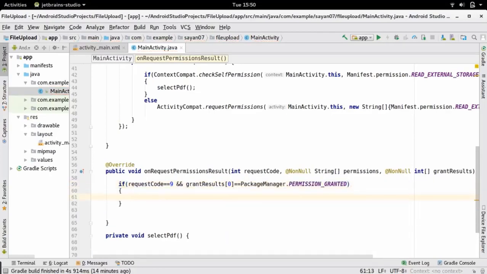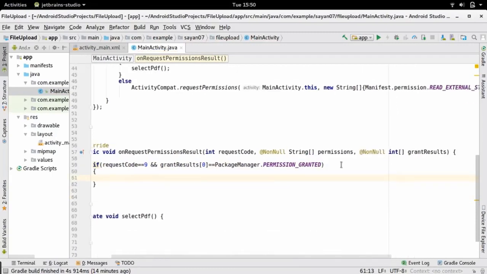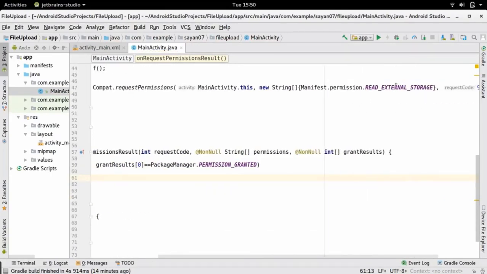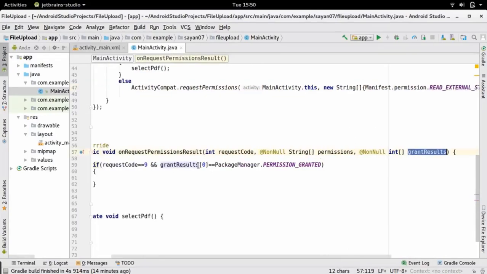Okay, so you have asked for one permission, which is reading external storage. So the result of that will be stored in the first value of grant result. Okay, so you have just asked one permission, and that permission's grant result will be stored in this integer array at index 0. So we are going to check whether the value at index 0 equals permission granted constant or not.